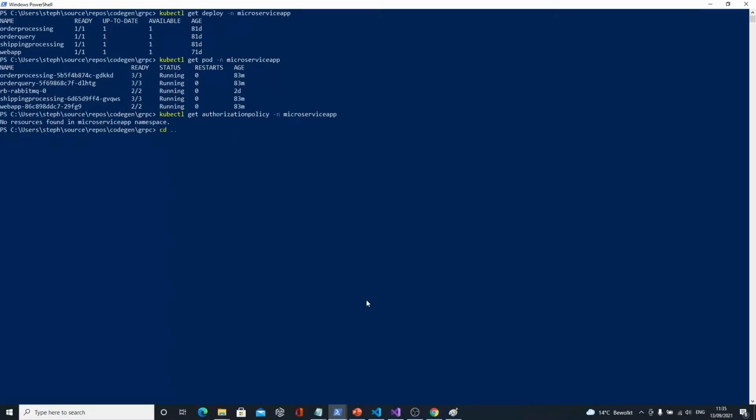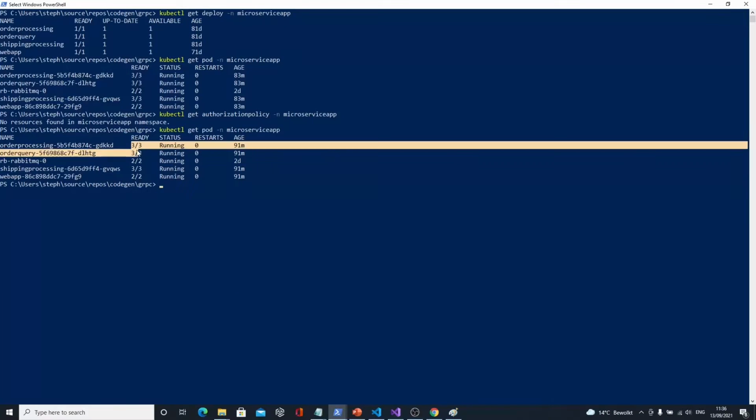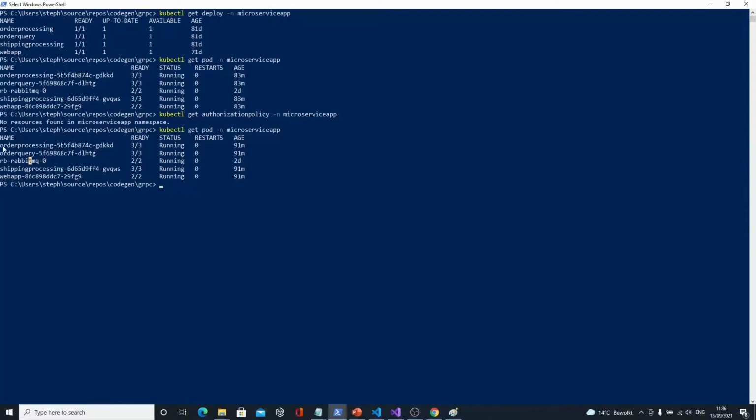If I get the pods of the microservice apps, then you see that, at least for the non-RabbitMQ ones, I've got three containers: the one that contains the business logic, my application, the Dapr one, and the Istio one. So it's actually two sidecars and one real container containing my code.